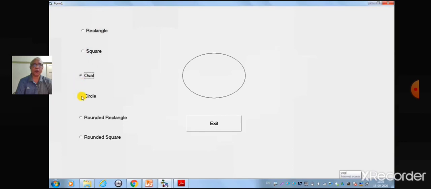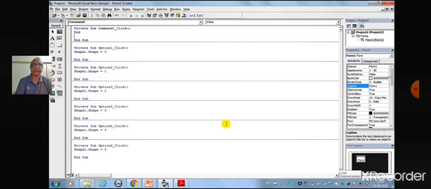One very important thing that we need to note here is at one time only one option can be selected and the other options get unselected. Once we have executed the option button, click on exit to exit the program.